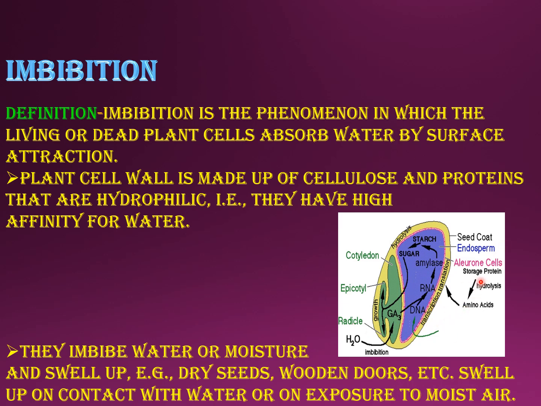You can see the picture over here of the seed. I had given a picture of a seed over here, after imbibing water, how it is swelling. You can see the cotyledon which is present there, and epicotyl, radicle, and hypocotyl, and all are seen there, and the seed coat, endosperm, which is a storage layer. The aleurone layer in the maize grain is shown here. The aleurone layer is a layer which is surrounding the endosperm. That means it has absorbed water and is ready to develop into a seedling.